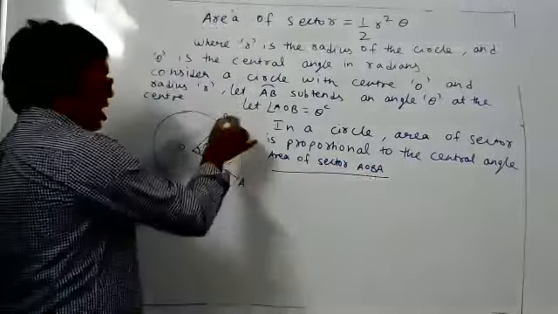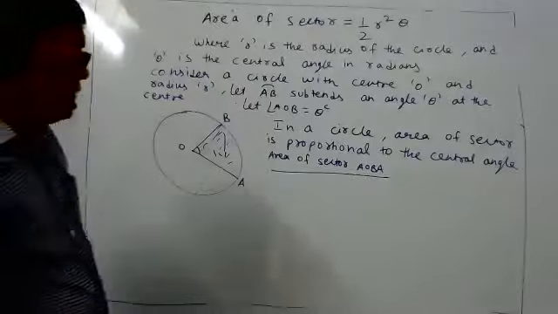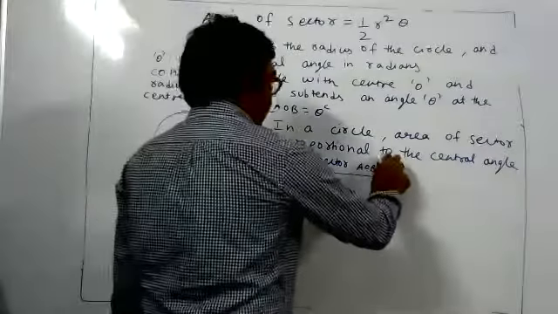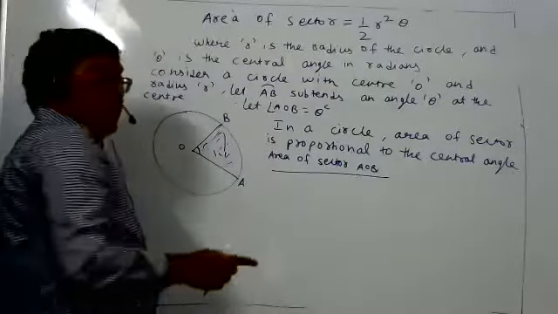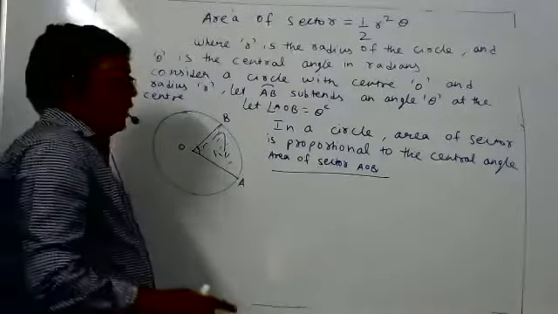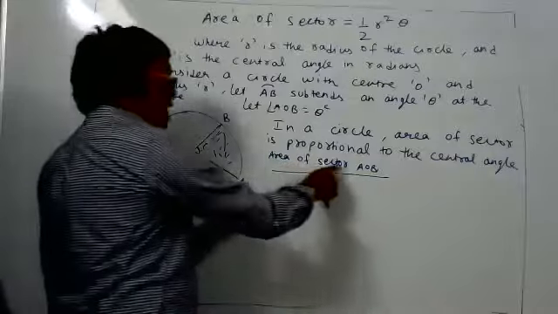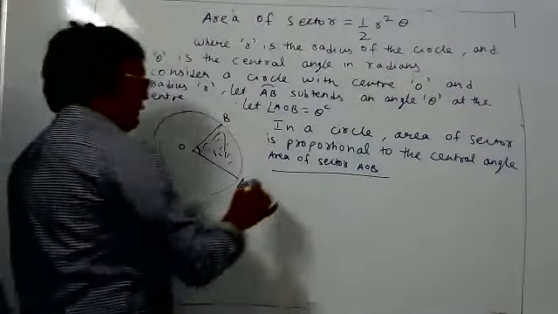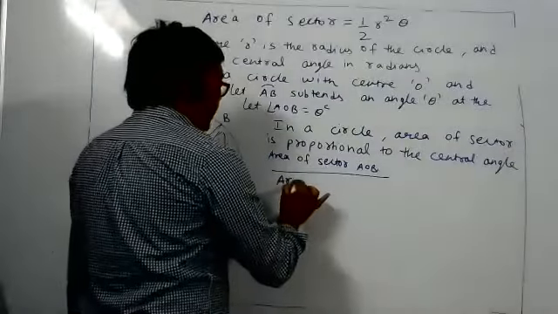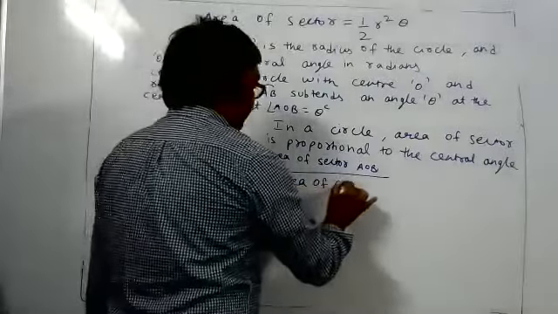Or AOB also we can say. Area of sector AOB. Now we can find the ratio of similar quantities. In the numerator it is the area of sector AOB. Student, I can say in one way that the complete circle is also a sector.